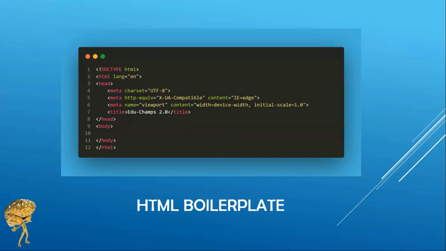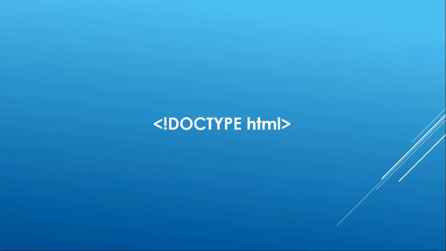Let's start with the doctype declaration. Now this is the HTML5 doctype declaration. Before HTML5 we had other versions of HTML. We have HTML4, 3 and so on. And those other versions had longer doctype declarations. The HTML5 doctype declaration is the shortest so far. And this doctype declaration is the first line that you write in your HTML document to specify that this